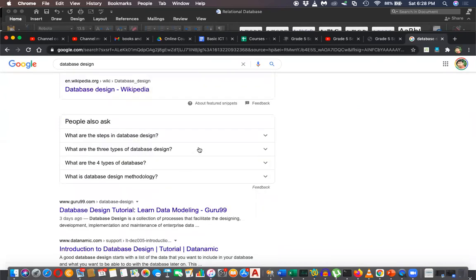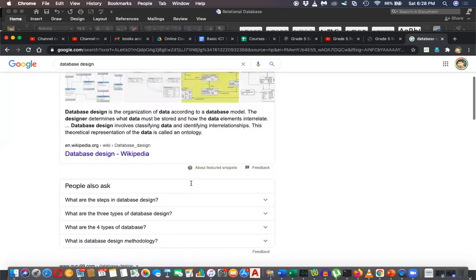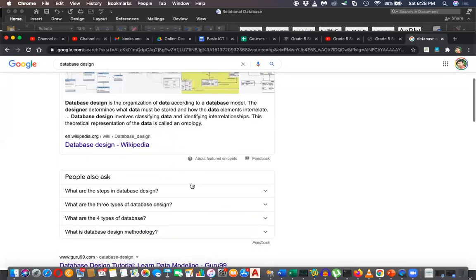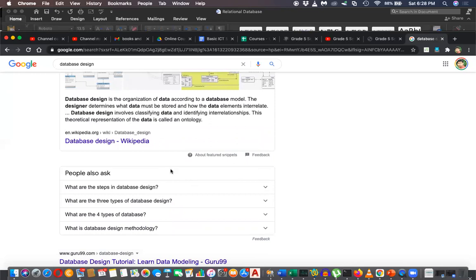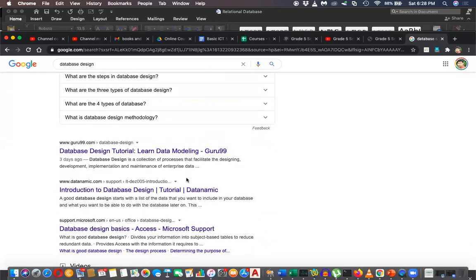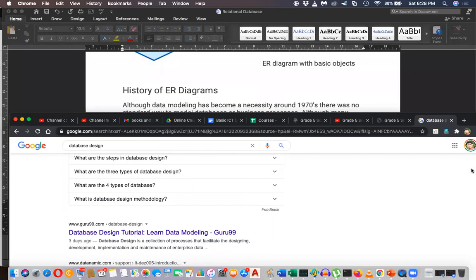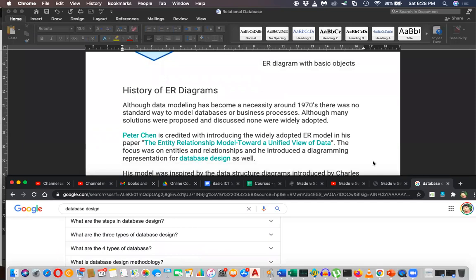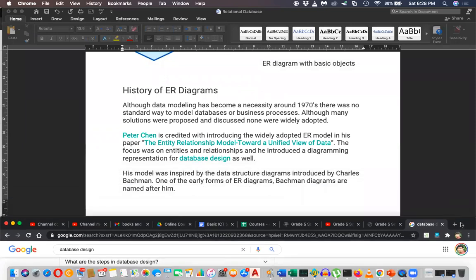You can just find out what is database design, what are the things there, and what kind of methods are used in database design. All these things are there in maybe Wikipedia or some other sites. You can see the concept, the idea. You can get information. But researchers use this information and introduce a new mechanism or new dimension